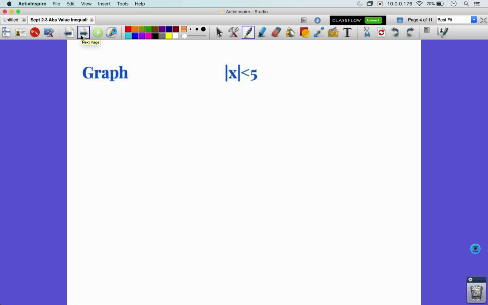Alright. So here we go. Our first instance where we're combining absolute values and inequalities. We want to graph the absolute value of x is less than 5. So here's what we're going to do. We are still going to split this into a positive and a negative case. Alright, so I'll just say positive,